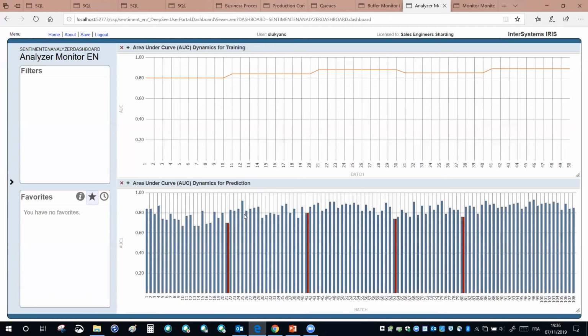On the other hand, in parallel, the trained model is applied to the unclassified data from the buffer. And as we'll see, the evaluation of the trained model is done relatively good.